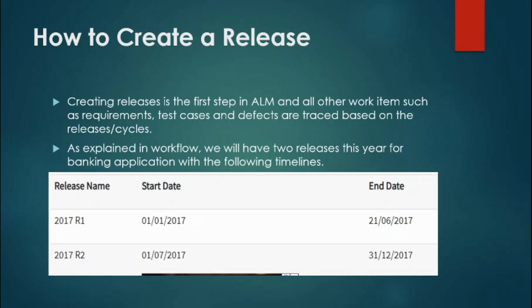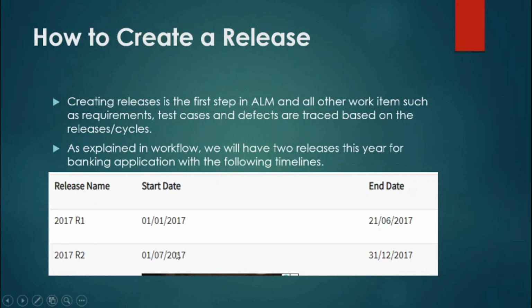So now you can see here in this table that this is the release name, okay, and it has start date and end date. So it is starting from 1st of Jan 2017 till 21 June 2017. Okay, release 2 we have it is from 1/7/2017 till 31/12/2017.